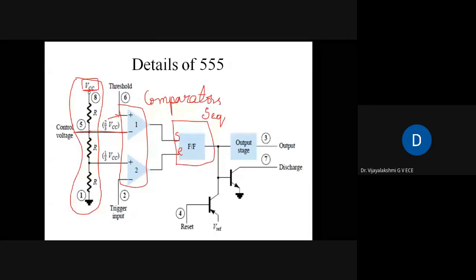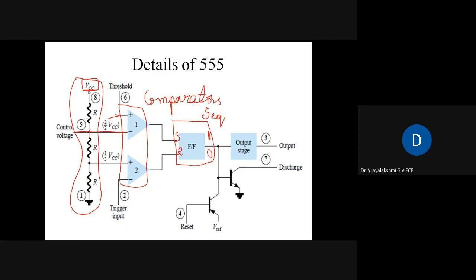Whenever we give input to the set, the output of the flip-flop becomes 1. That means we say the flip-flop is set. And whenever we give input to the reset, the flip-flop will reset. That means the output of the flip-flop becomes 0. Now, when this flip-flop enters into set state or reset state, that means when it is going to give me 1 output, when it is going to give me 0, it entirely depends upon the